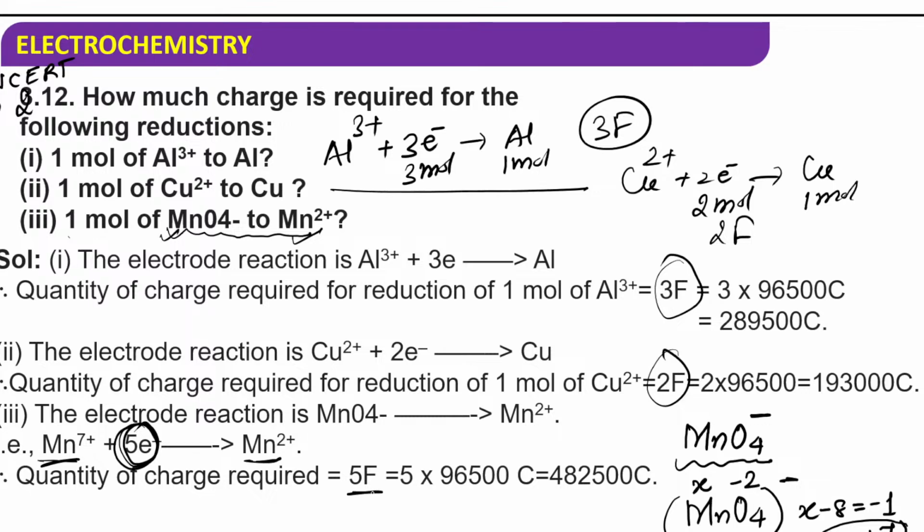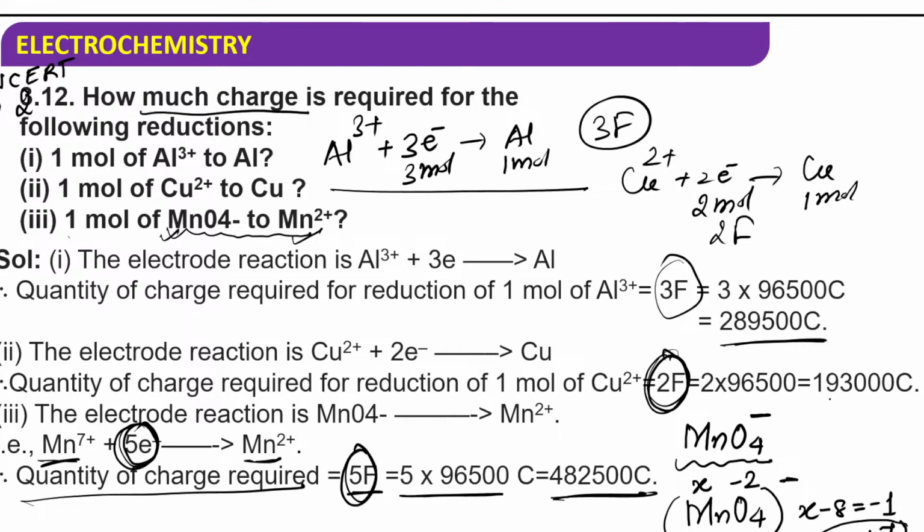So 5 Faraday electricity is used, and then 5 into 96,500 coulombs. This is value in coulombs. Here it is written how much charge is required. So you can report the result in Faraday only. And if you want to go next step, means to get in coulombs, just multiply it by 96,500. Otherwise, there is no need to multiply, okay? Next,